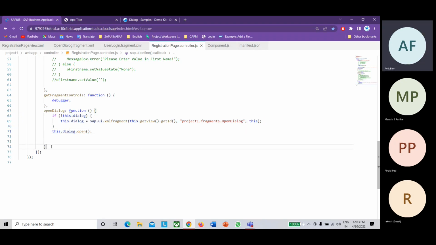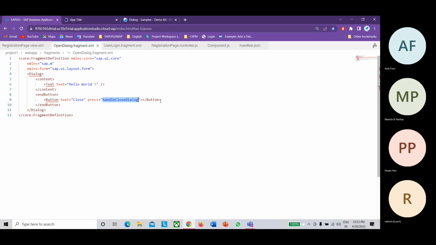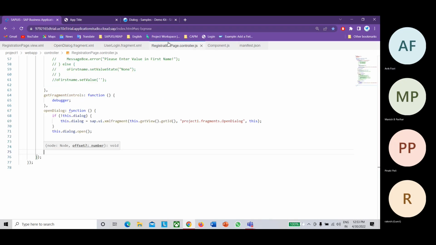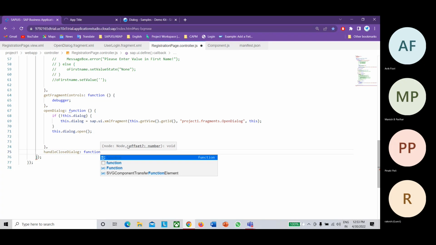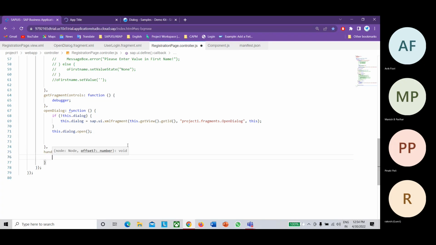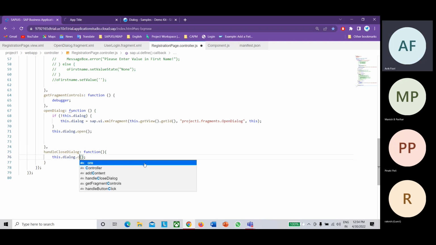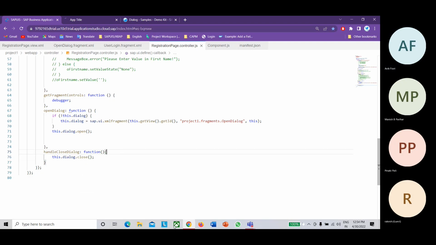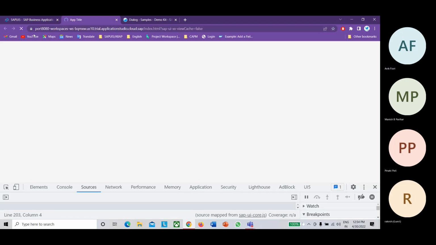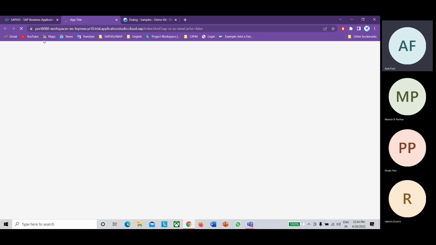Let me add one more function for closing. Then I'll put a breakpoint and I can explain it to you. Same as this, I can directly write close. Let it reload now.